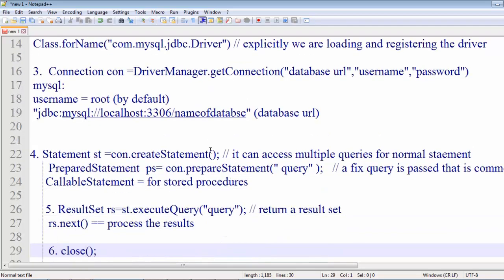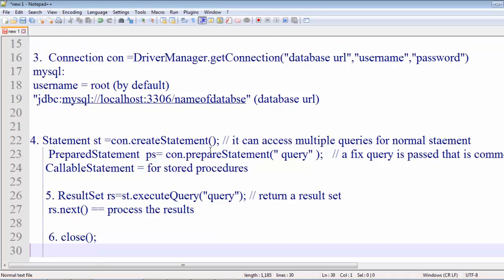And next is the result set. A result set is returned when the query is executed. So the fifth step is the result set when the query is processed. The result will be returned and stored in the result set, and the executeQuery method is the only method that returns a result set. That is important for our Java application to see the results: how the results are processed, what is displayed, and how the data is fetched and retrieved from the database. And finally the connection is closed.